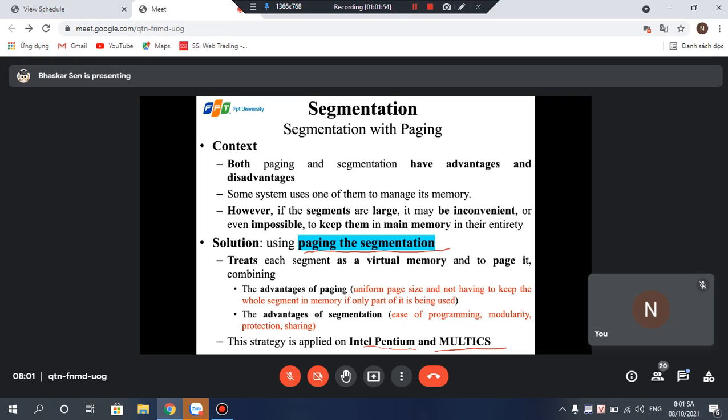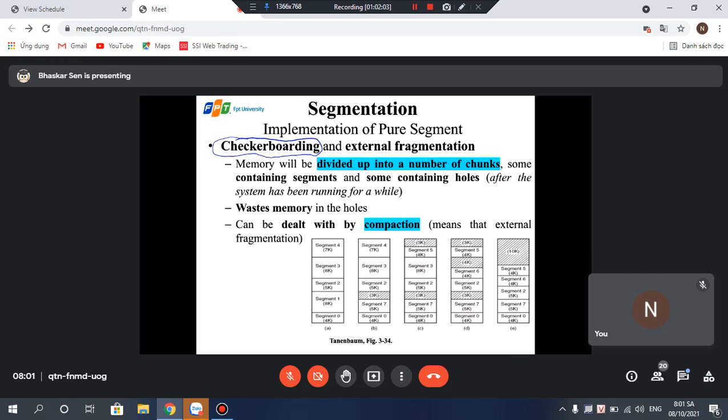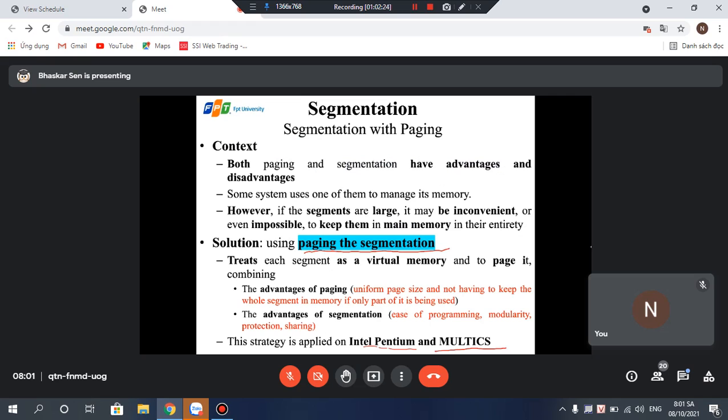So what we are proposing exactly is that just now we talked about the problem. How about each of these segments are paged out? So basically we don't want to keep the entire segment. Right now we are putting in the whole segment, right? And that created this checkerboarding problem. So we don't have to load the entire segment. Part of the segment will come and go.